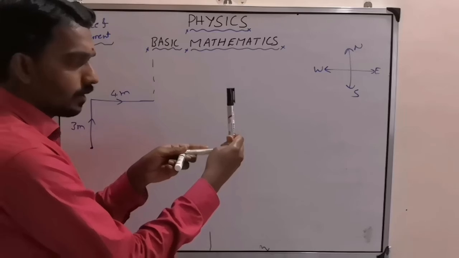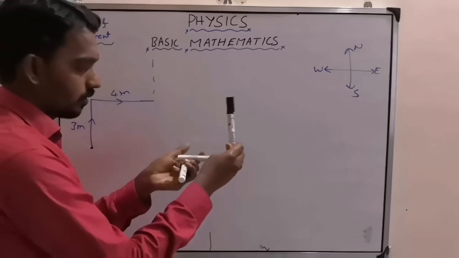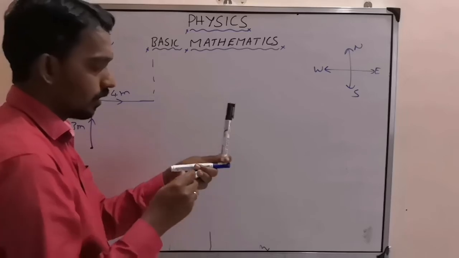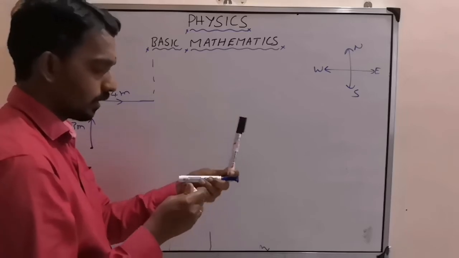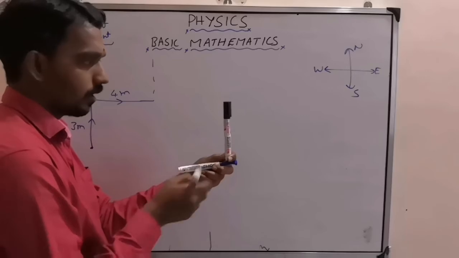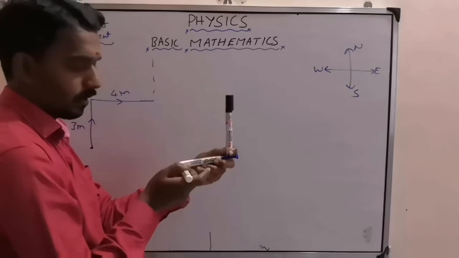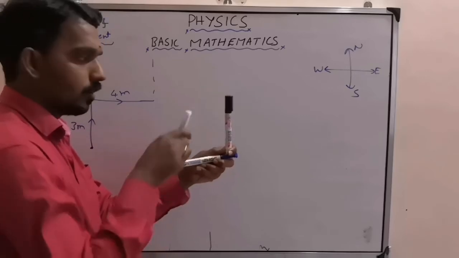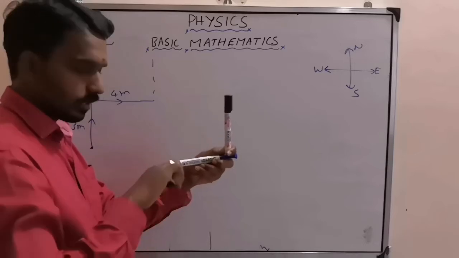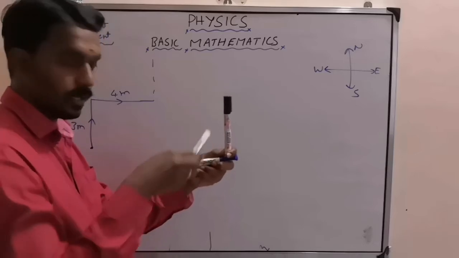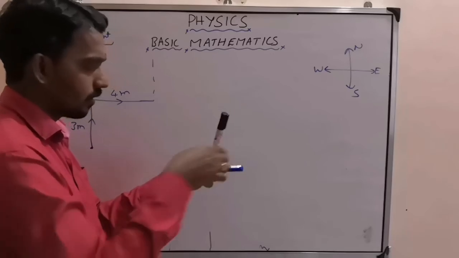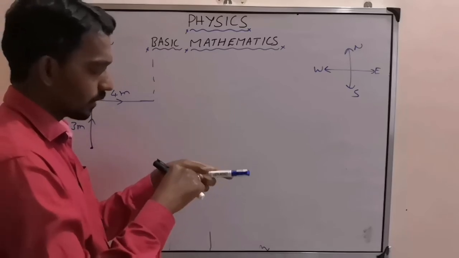So if you understand the question properly, then you will draw or you will take it in this way. Then see here, this is the initial point and this is the final point. Now this will become displacement because here the initial point was there. But to find that, see here, first you take like this.